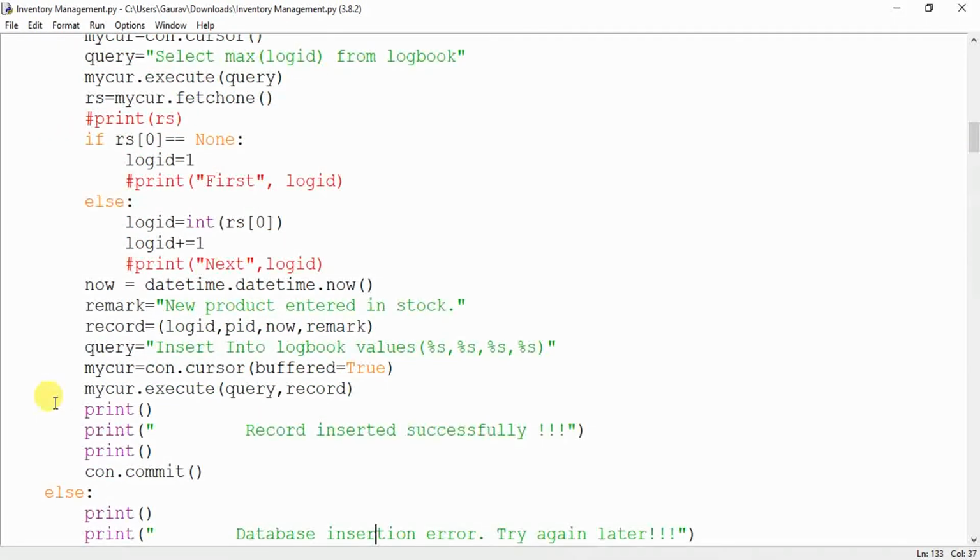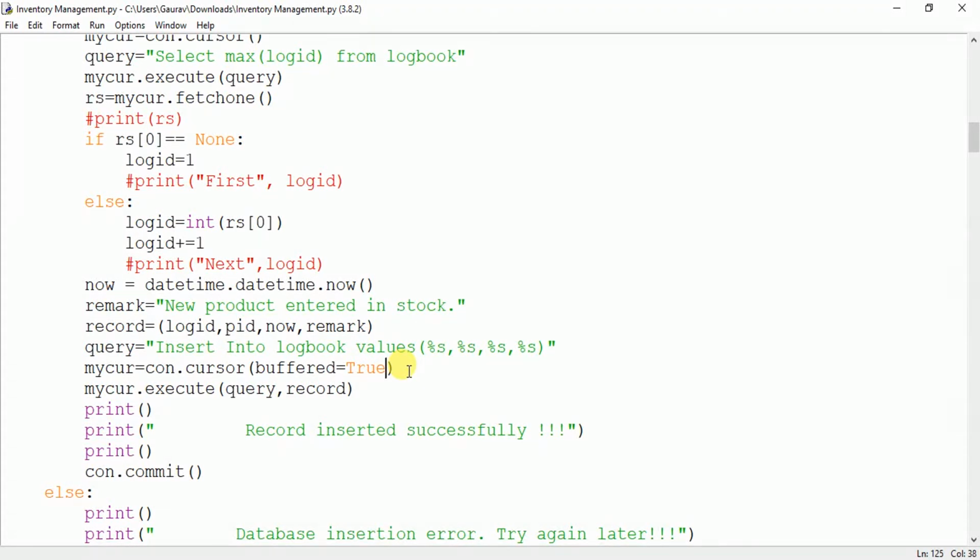Please note, as we will be inserting a lot of records, whenever you create a cursor, it is better to use buffered equal to True. Many times when you run this project and enter a lot of records, the cursor creation might create a problem.